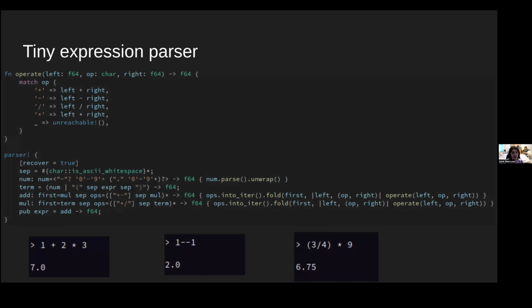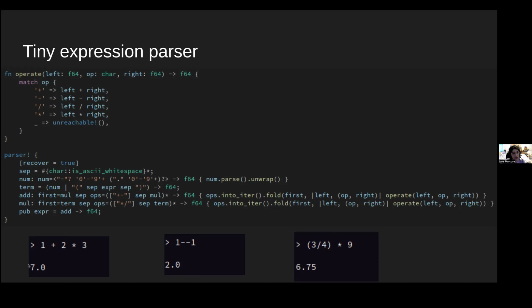So next, I briefly want to talk about an expression parser I made with this. And this is kind of hinting at my larger goals with this, which I'll get to in a second. So with this parser, all I really do is I define a single function to operate on two values. So you see it takes the operands and then the operator, and it's just going to evaluate them just like that, very easy.